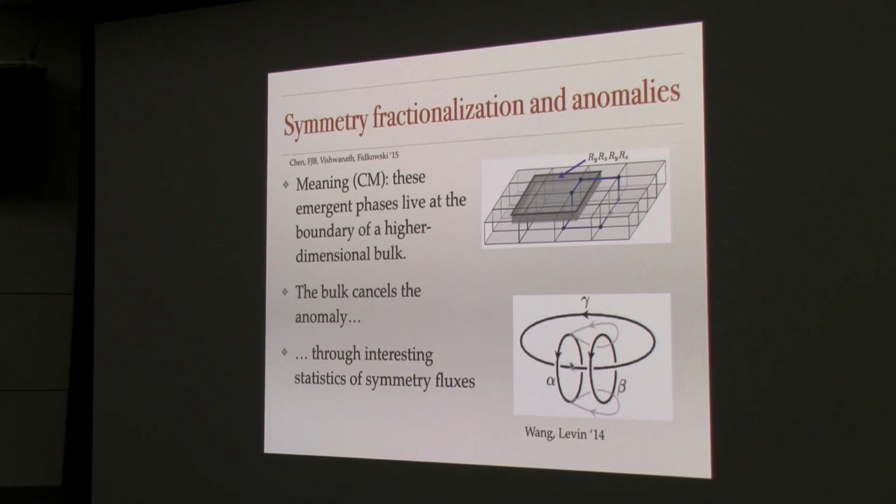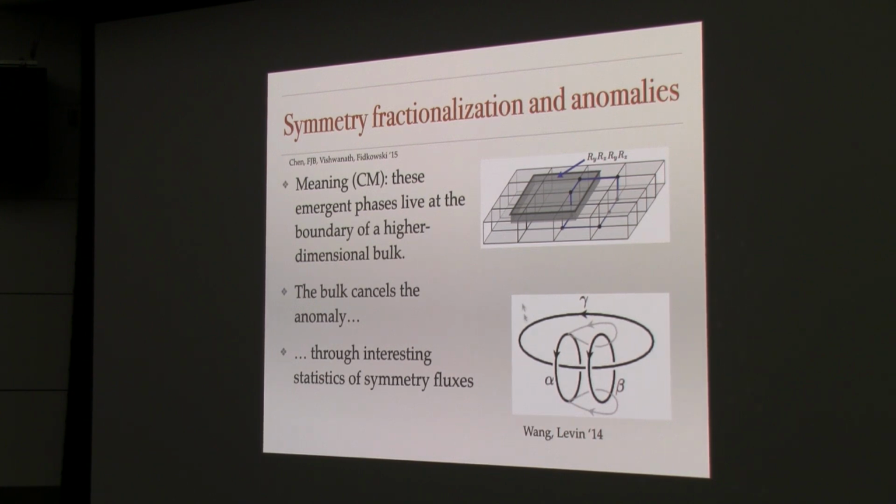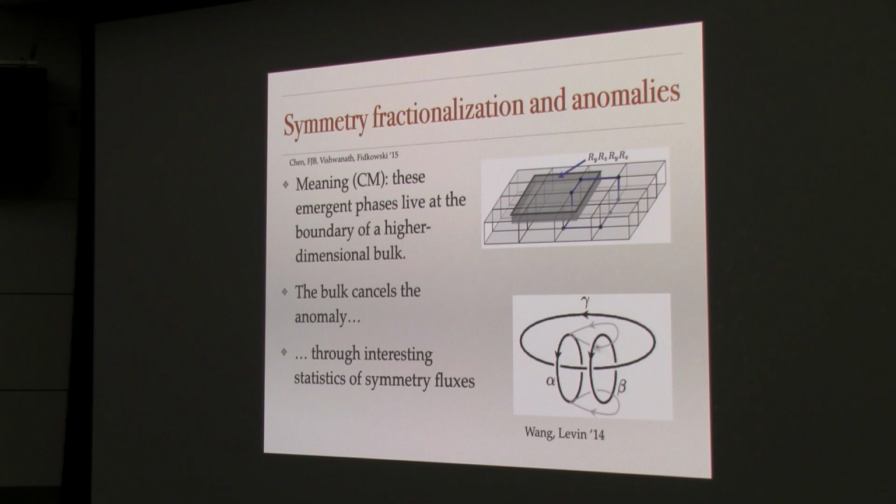And the way that it does that, so these loops are symmetry defect loops in 3 dimensions, okay? So you go around the loop in 3 dimensions and the symmetry acts. And the way that the bulk cancels the boundary anomaly is kind of interesting, which is that these loops actually have a kind of non-trivial braiding when they encircle a base loop, okay? So if you just have a loop through a loop, you can't get anything interesting, but if you have a loop through a loop and a base loop, you can get this kind of interesting non-trivial statistics, and that is the part of the bulk that cancels this boundary anomaly.